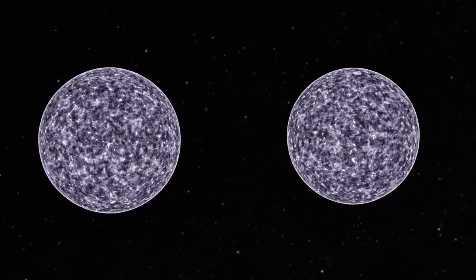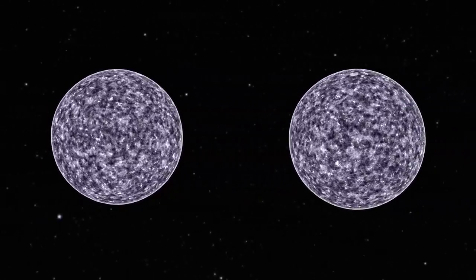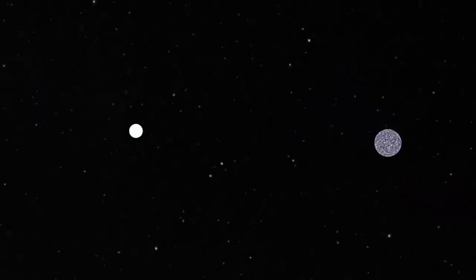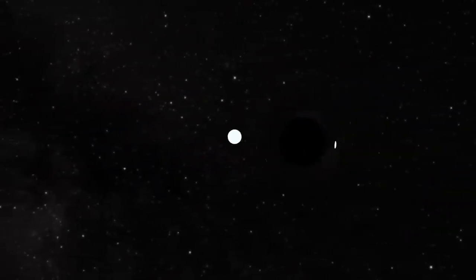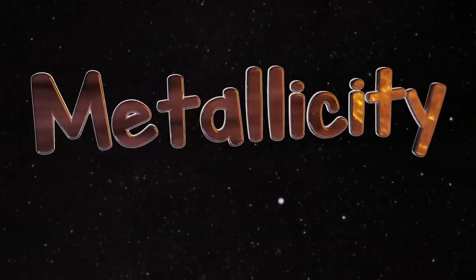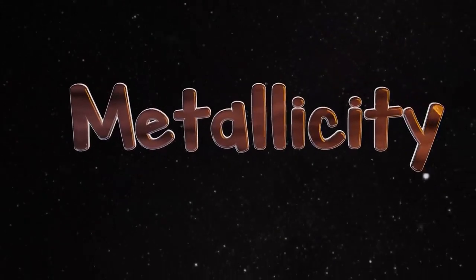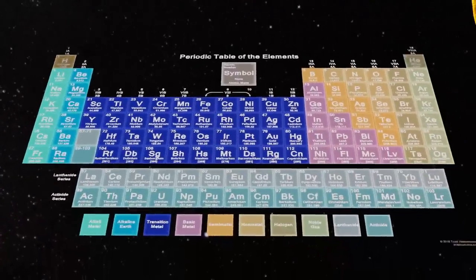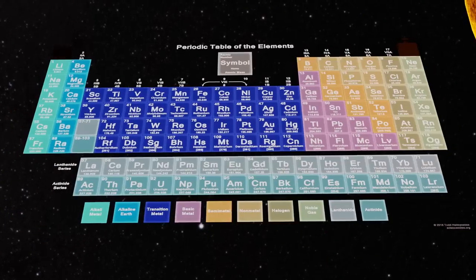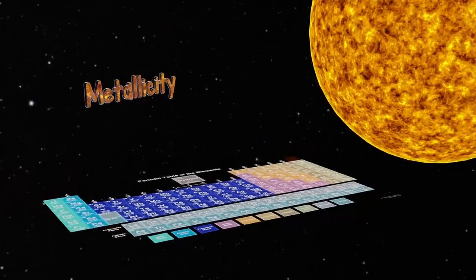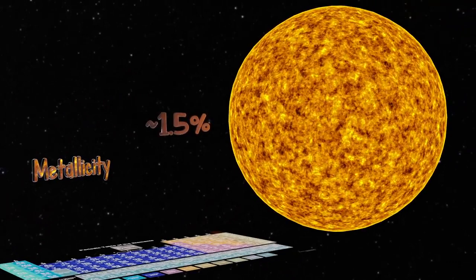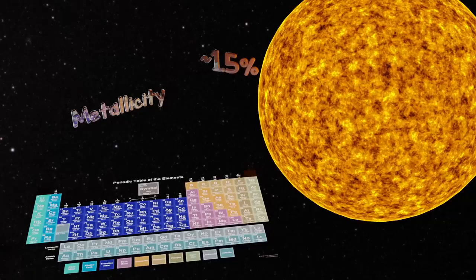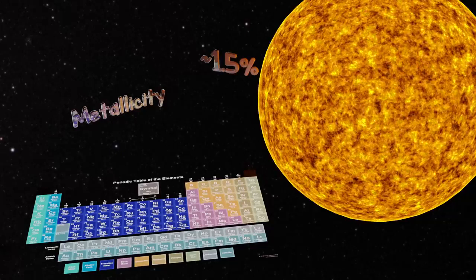Not every massive star will experience this fate. Two stars with the same mass can leave behind two different remnants. The driving factor for this is what is known as metallicity. Metallicity, with regards to stars, refers to the composition of elements larger than hydrogen or helium in a star's mass. For reference, our Sun has a metallicity of about 1.5%, or that is to say, 1.5% of the Sun's mass is elements heavier than helium.